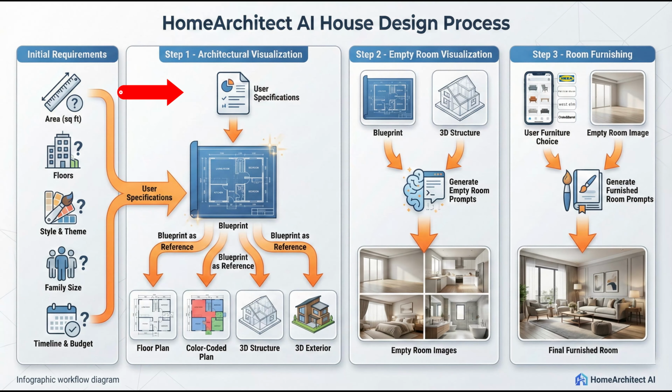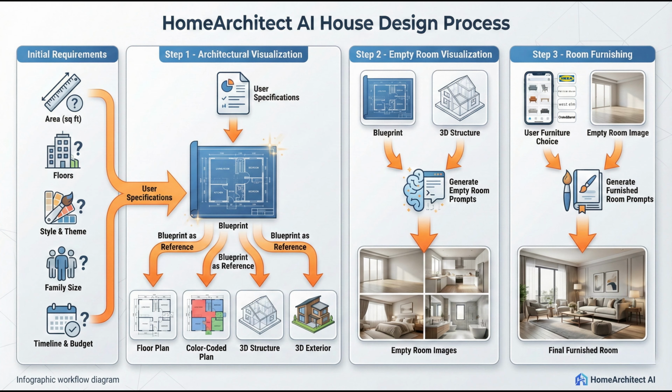The very first step is where the architectural visualization takes place. This is where we collect all the user specifications, such as the area, the floors, and the style of the house that you want to build, and generate the blueprint. The blueprint then acts as the reference for the floor and the color-coded plans, as well as the 3D structure